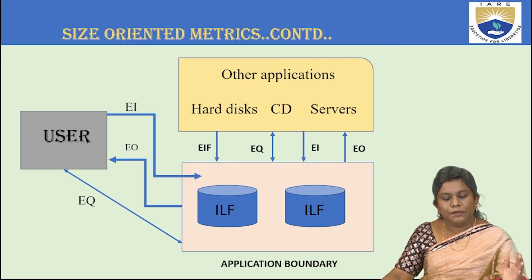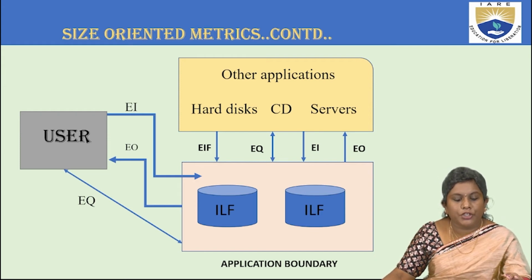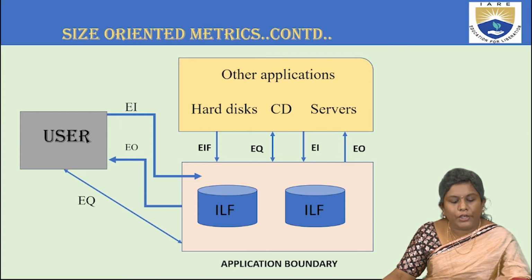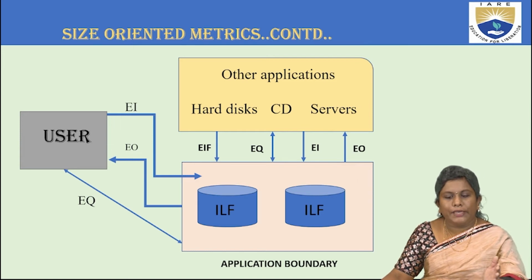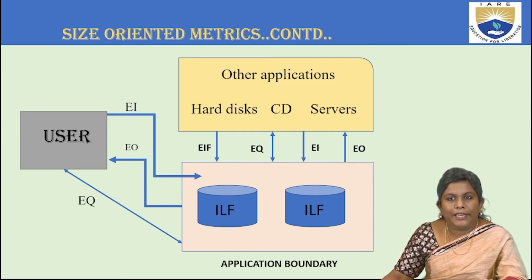So in simple terms, let us look at the relationship of the users to the application boundary. EI is the input, which is fed to the application boundary. EO is the output, which is given to the user, and there is a bidirectional flow which involves both input and output. That is why you have a bidirectional flow from the users to the application boundary. Coming to the other applications and the application boundary, input EI moves to the internal section and EO moves external output. There is a bidirectional flow for enquiries because it involves both input and output, and you have EIF